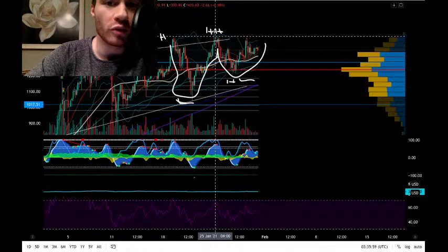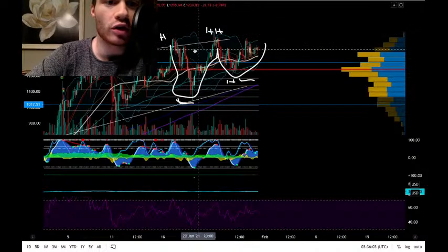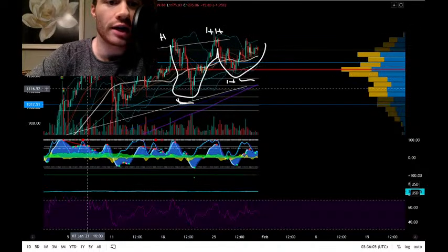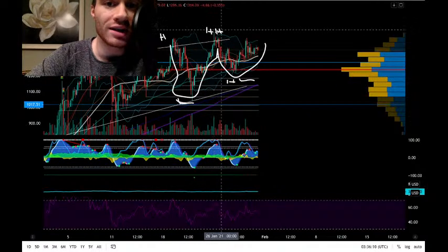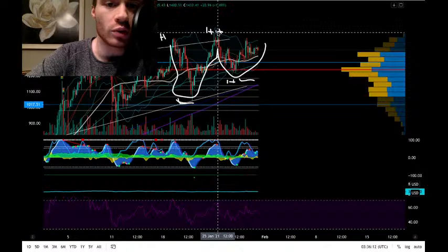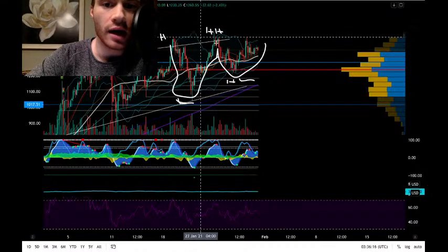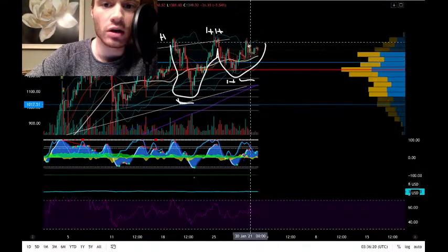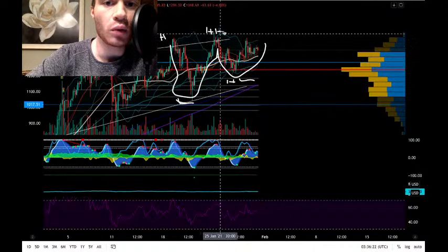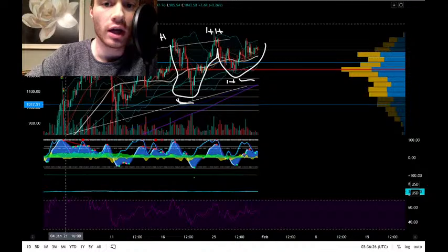in the short term, we do have this wick right here, which definitely you have to factor in. When you just glance at the charts, it looks like a consolidation pattern. But technically you do have this wick right here, which does make it a higher high, which is what this means, higher high, higher low. So we are in an uptrend. But I mean, I was thinking about this multiple times before, and